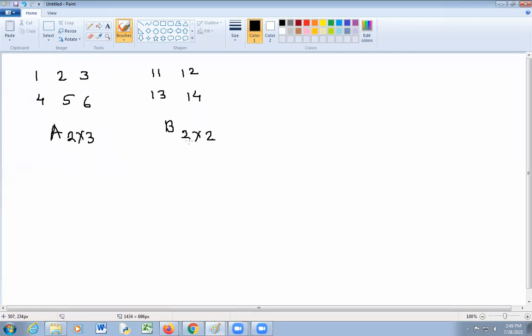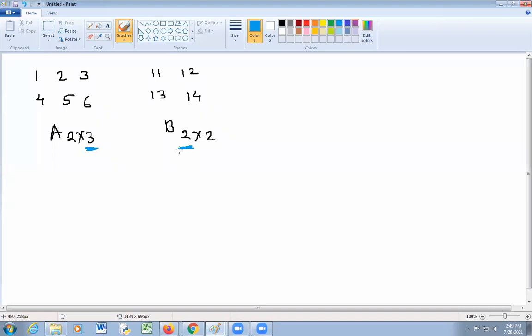Suppose I want to do multiplication A into B. Is it possible? No, it is not possible because, see here, the column size of the first matrix is not the same as the row size of the second matrix, so it is not possible.